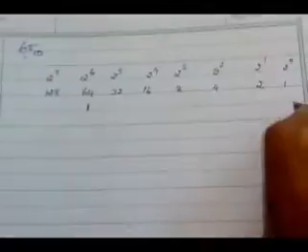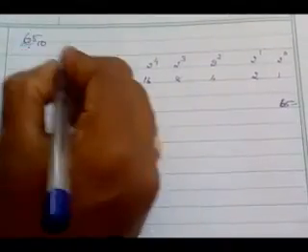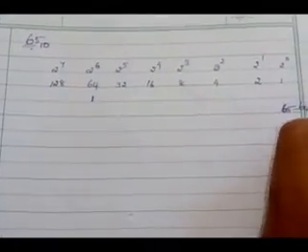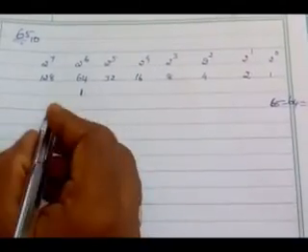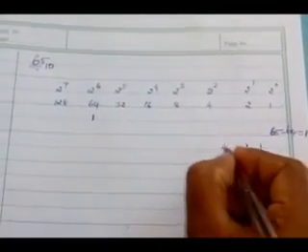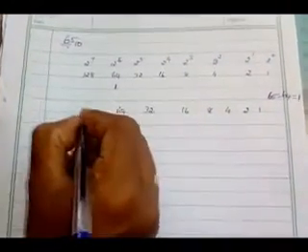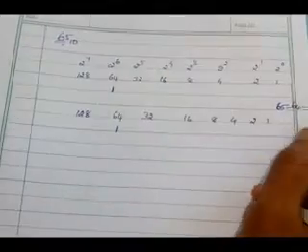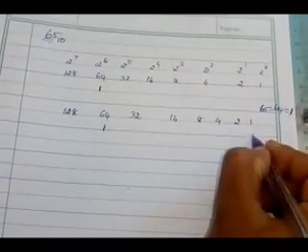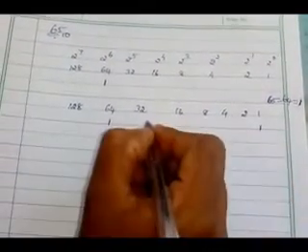Did you understand? Then what you have to do? 65 minus 64. What is the answer? 1. Understand? Then next step, what do you have to do? Again write these steps: 1, 2, 4, 8, 16, 32, 64, 128. Here already one is set. Then next we have to set the one in the ones place. The remaining parts will all be 0.